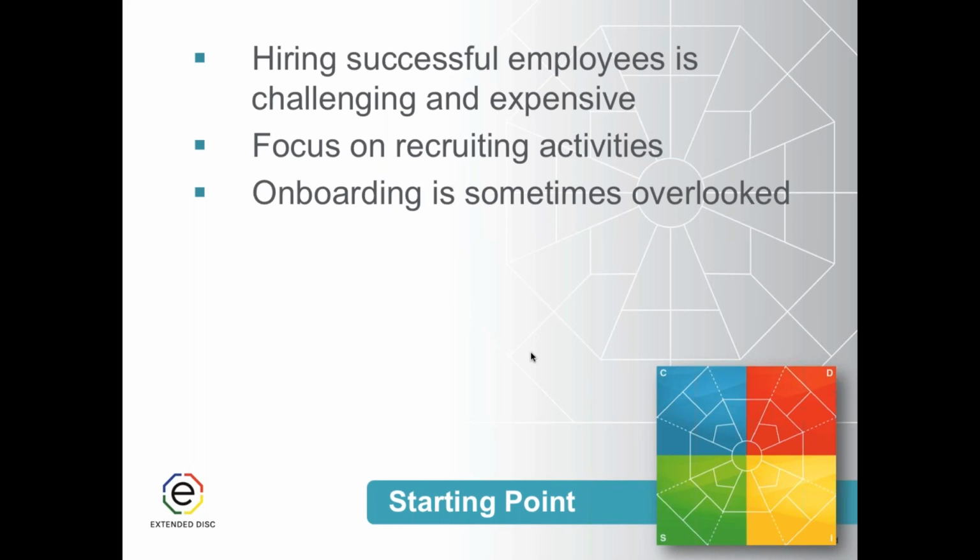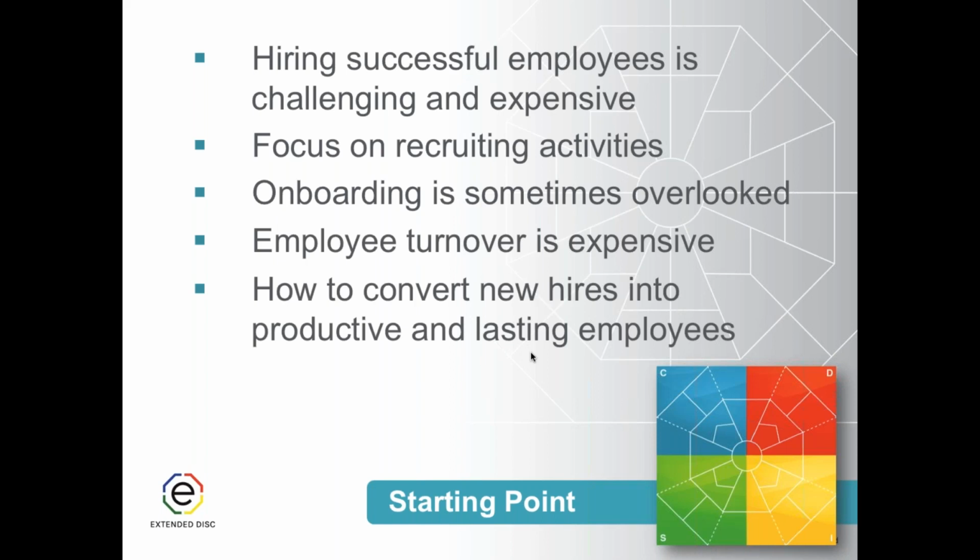Obviously, we know that employee turnover is expensive. And really what we want to do with this onboarding process is make sure we focus on how we convert these new hires into successful and lasting employees. So what I'm hearing here is that we do a good job of hiring the right people, in fact,